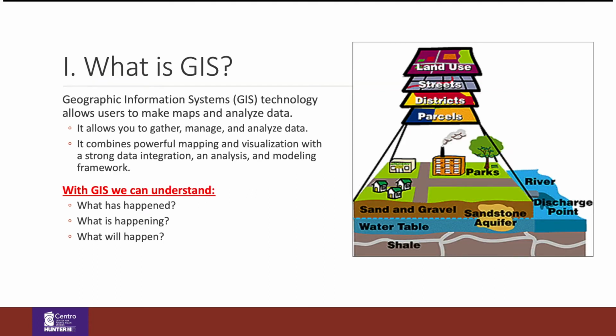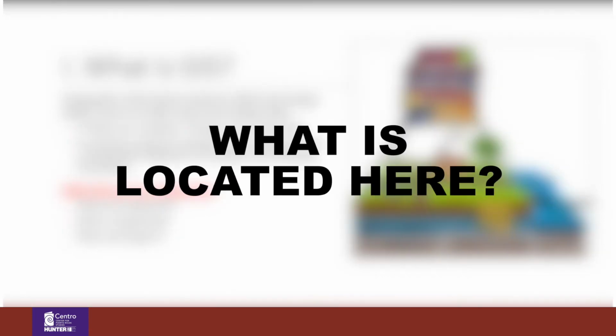What is GIS? GIS is a technology that allows users to make maps and analyze data. It allows you to gather, manage, and analyze data. It combines powerful mapping and visualization with a strong data integration and analysis and modeling framework. GIS can be used to solve location-based questions such as what is located here. You can combine elevation data, river data, demographic, and land use data, and many more to show information about the landscape